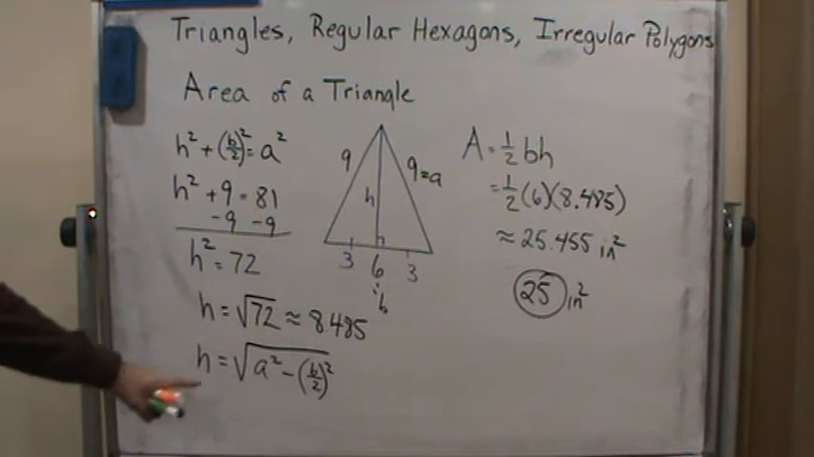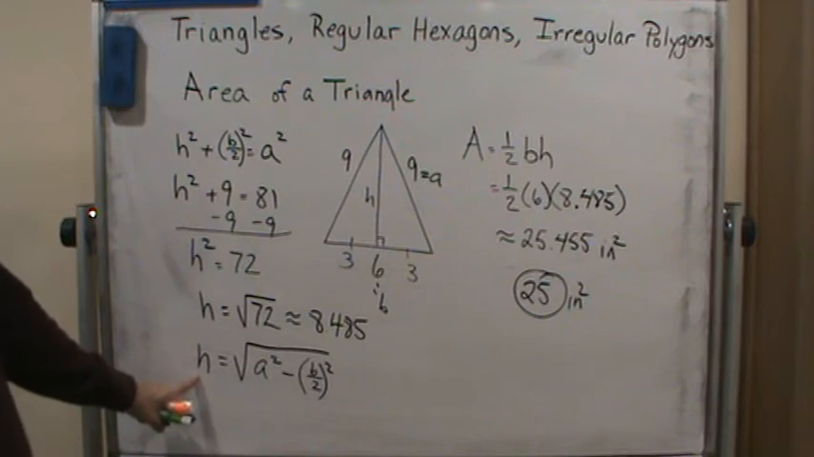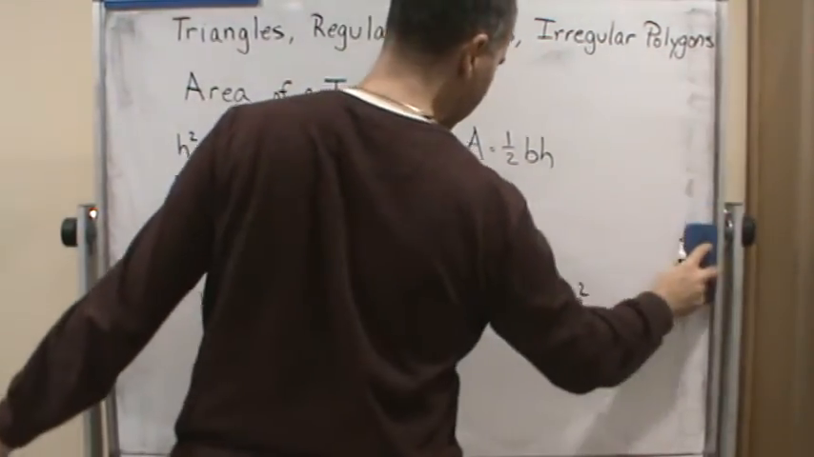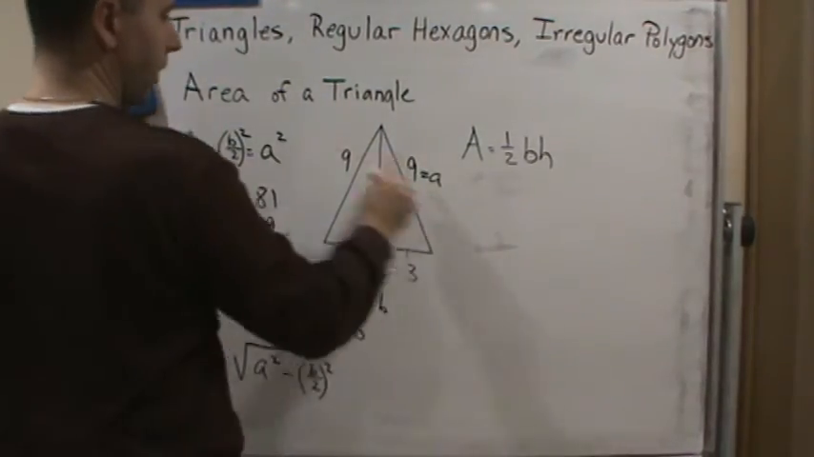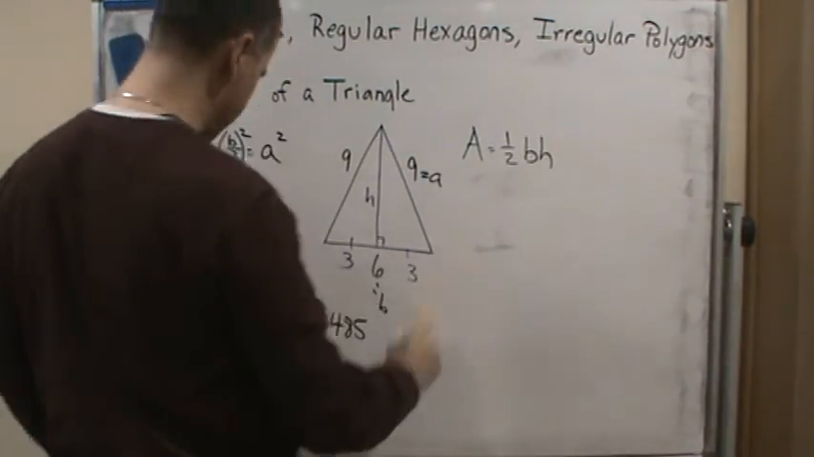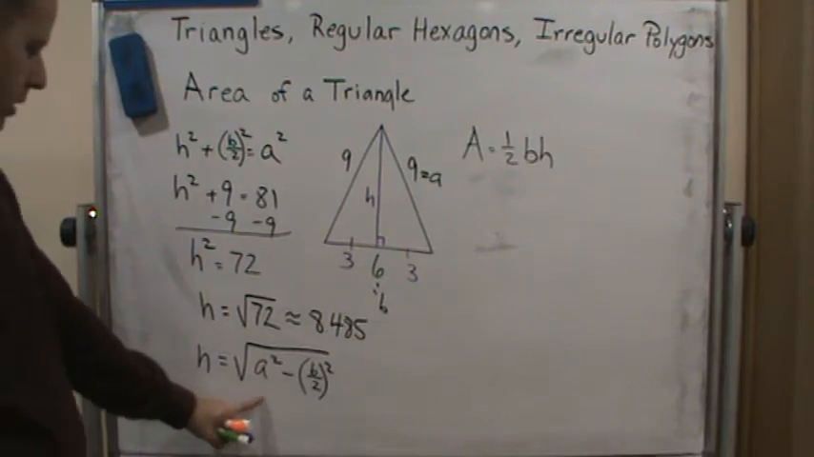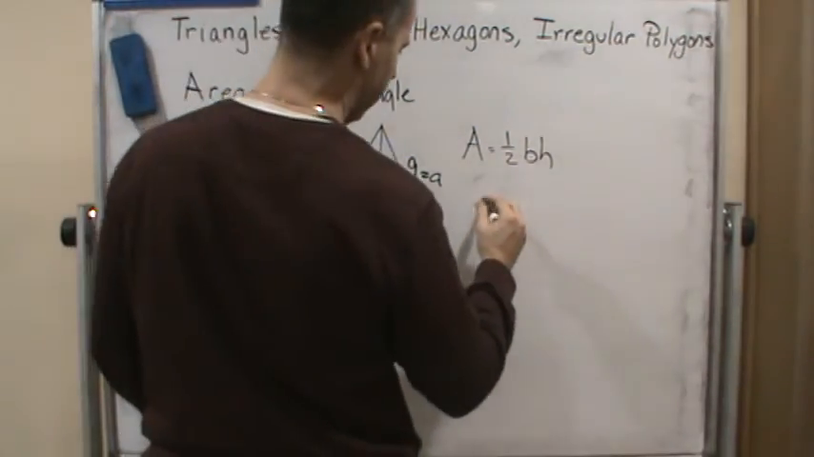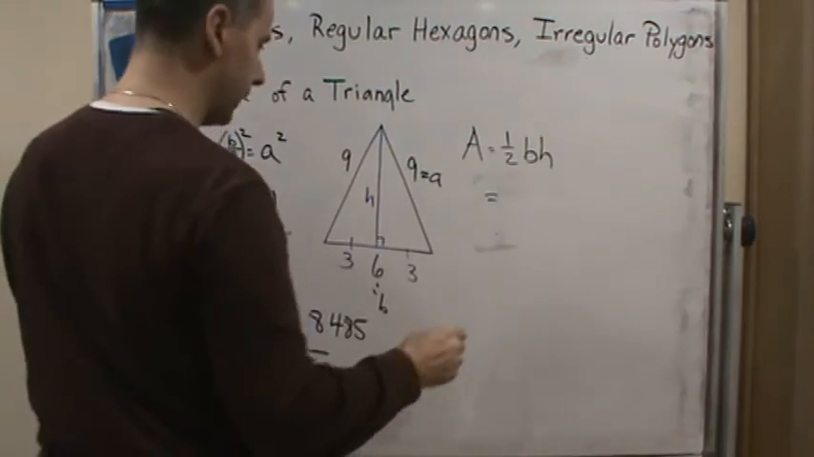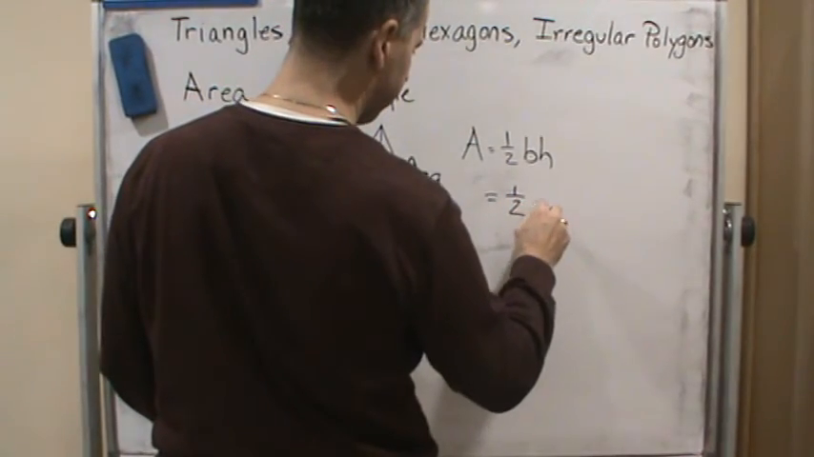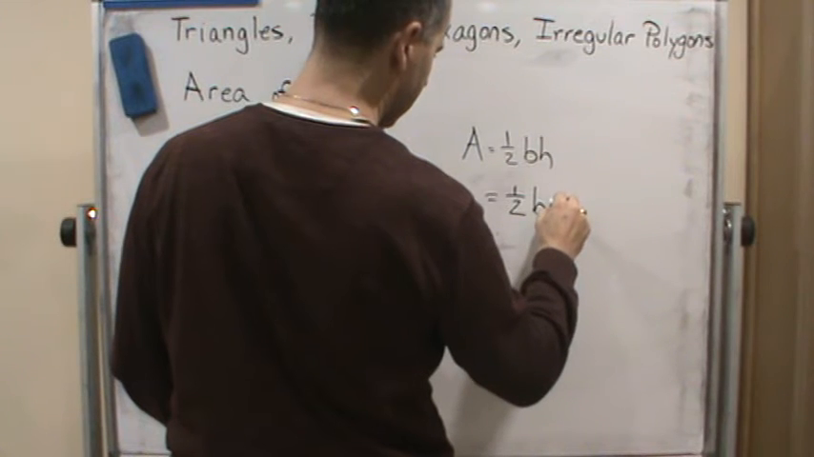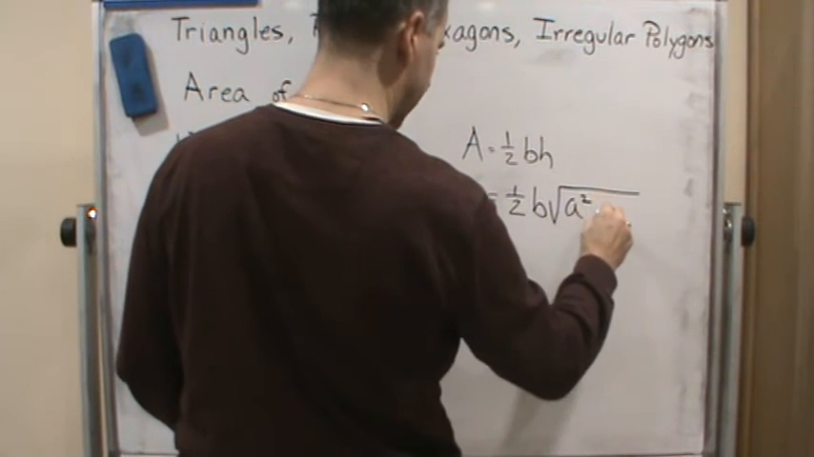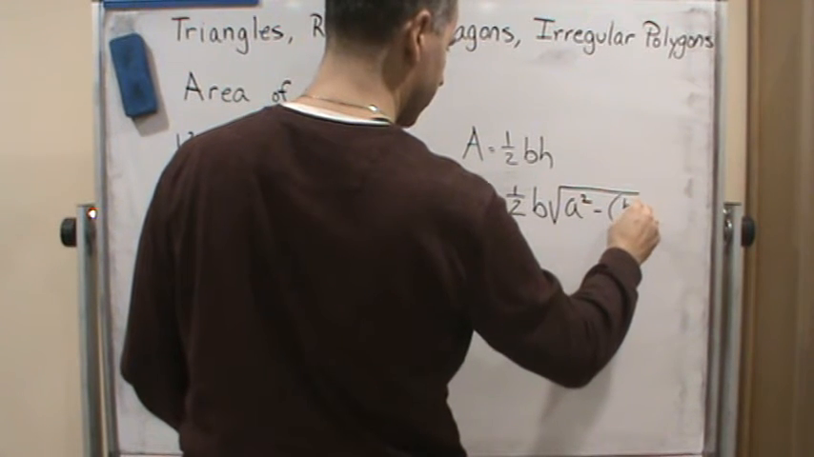Well, now what can I do? I can substitute this in for h. So that means, what happens to my formula? Instead of being 1/2 base times height, I'm going to substitute in for h. And so now, this is only for an isosceles triangle. The area of an isosceles triangle becomes 1/2 base times the square root of a squared minus the base divided